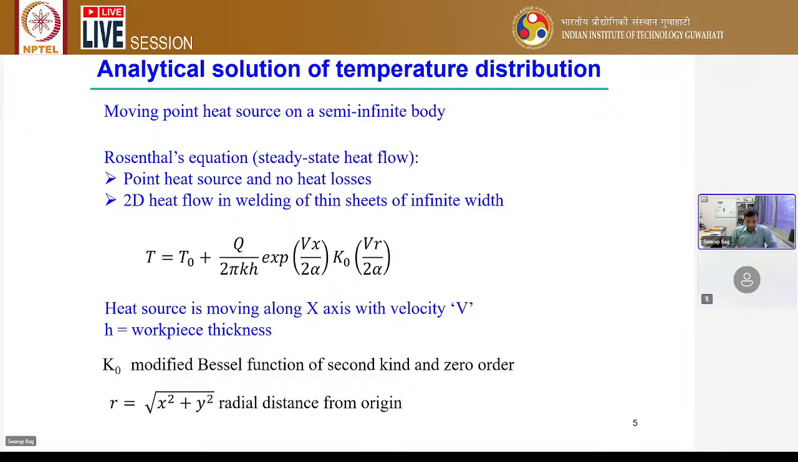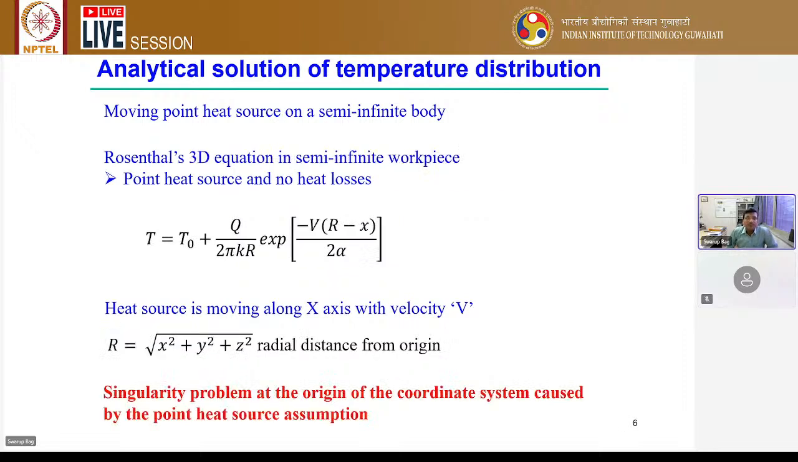Okay, so with this other, we are getting this solution. Now, here also we are using the moving point heat source. That means the heat source is moving with a particular velocity V in a semi-infinite body. And in this case, a point heat source with no heat loss. Then again, we are getting the three-dimensional solution of the equation as a function of